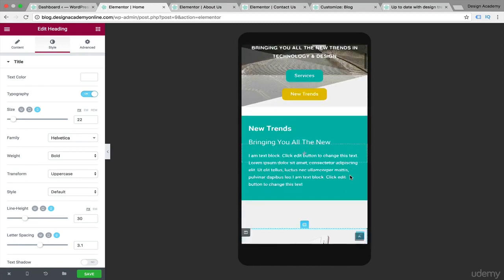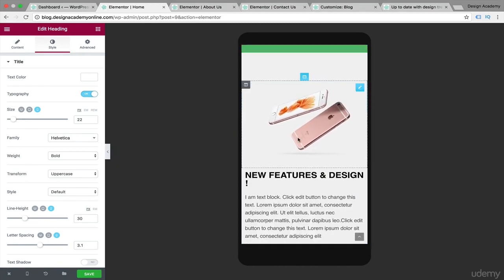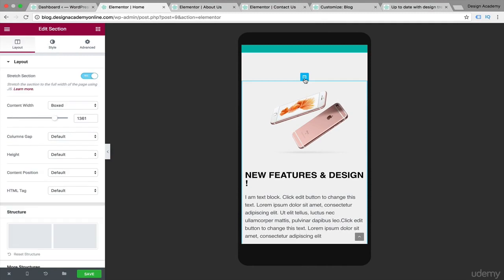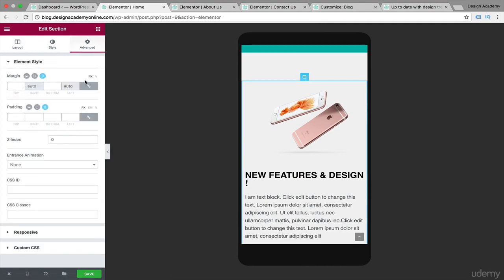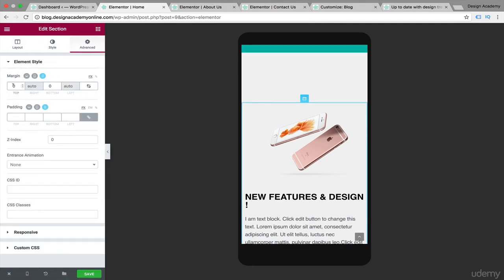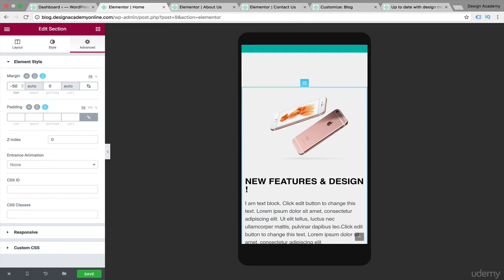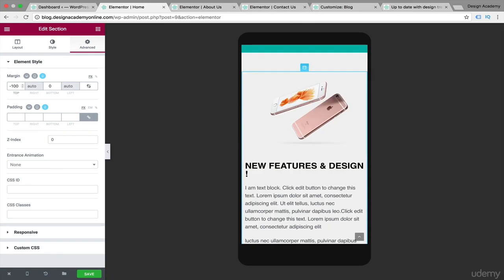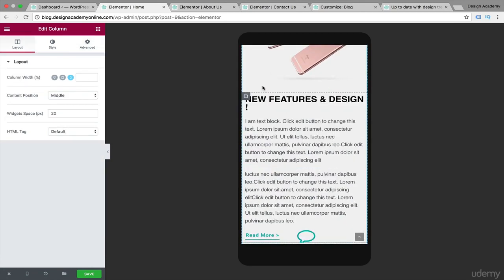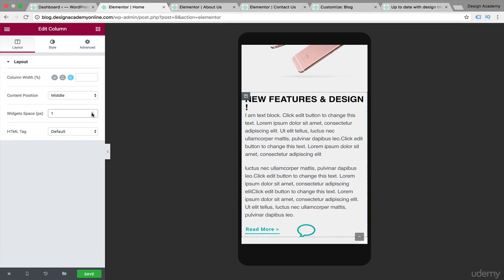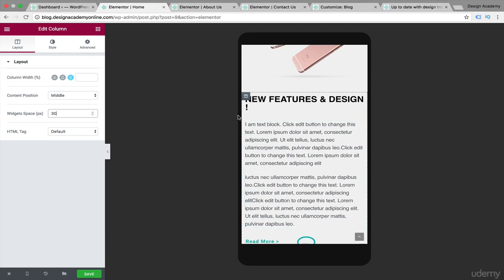Then moving to the next section, we can move our section a little bit higher. From here, unlink that at -50, okay, or even 100, like that. If you would like to reduce these gaps or even leave them for space, totally up to you. For that text, we can increase our widget space, make it maybe 30, like that, so we are adding more